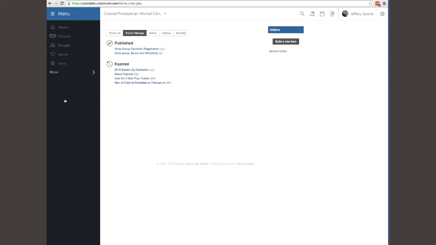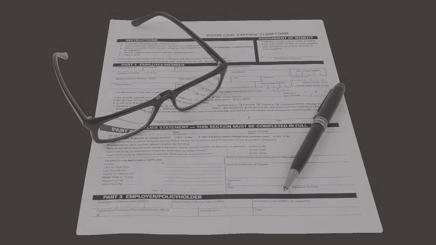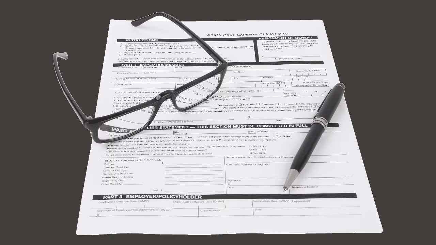CCB now opens the page titled Forms I Manage, as you can see from the activated black button at the top. Let's pause a moment and ask, what exactly is a form? We are all familiar with forms. We fill out forms all the time. Forms for doctor's visits, car repairs, package deliveries, and long